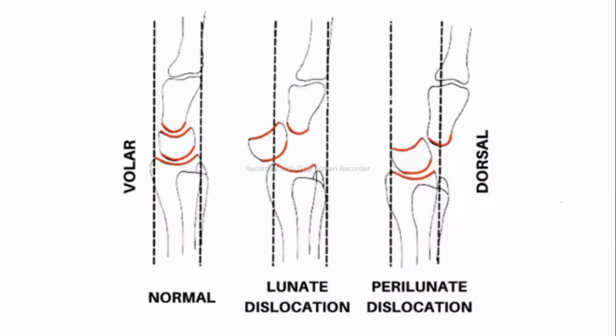Distal here, it means we are talking about carpal bones. So lunate and perilunate. If it is normal, you will find this one, radius or ulna. This one is the radius. The big one is the radius. And this one, which bone? Lunate. This is lunate. Excellent. And after that,